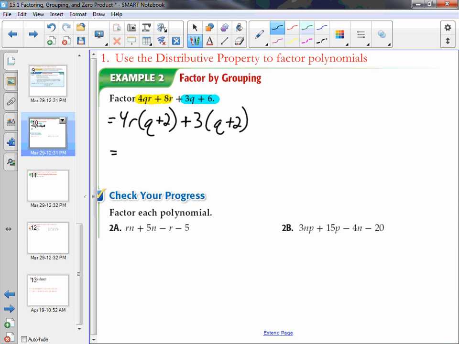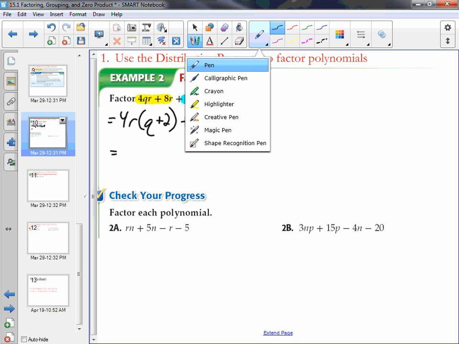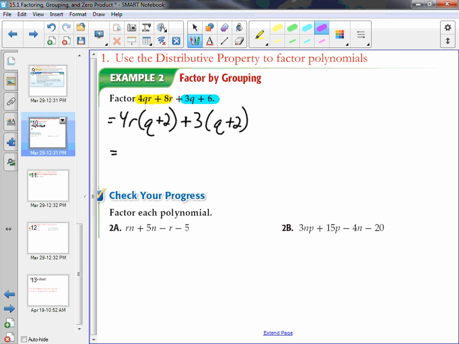And now, here's where some folks struggle sometimes. See how there's a factor of Q plus 2 in both of those terms. Believe it or not, we can consider that to be a term. We can consider that to be a term. And Q plus 2 is a factor in each of those terms. So Q plus 2 is now our greatest common factor. So we do what we've been doing. We put it in front,